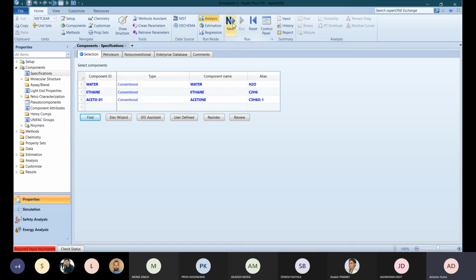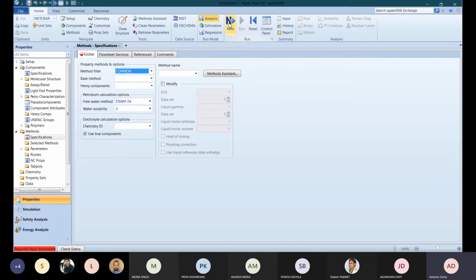I will tell Aspen, but I am sure that whatever data is required over here, I have completed it. Once you are sure of that, you can ask Aspen to take you to the next step. You just press Next, and Aspen will take you to the next step.